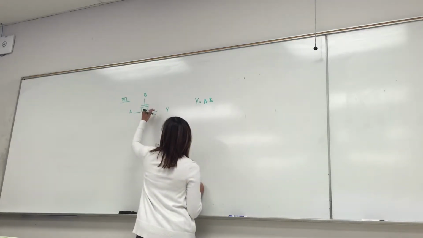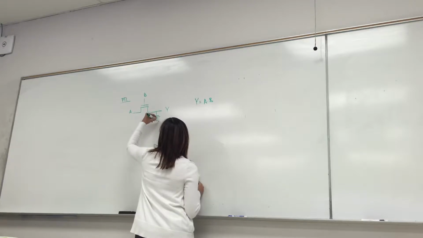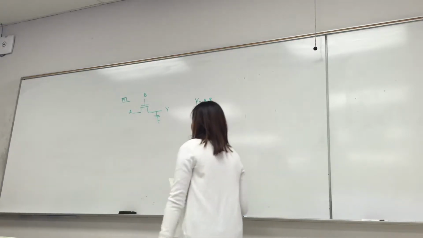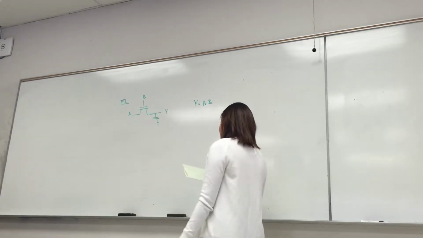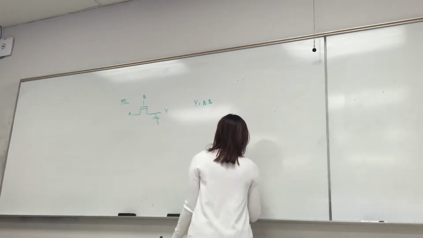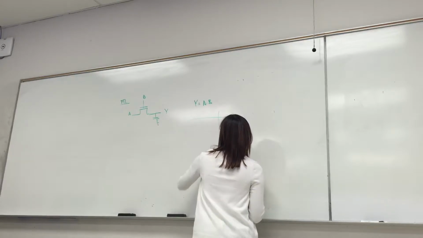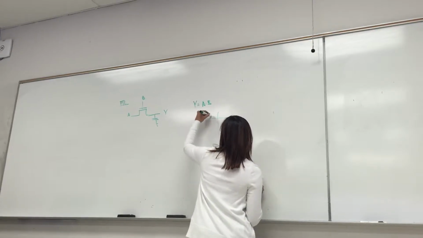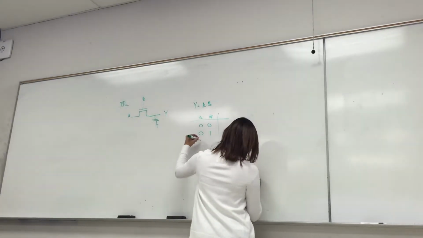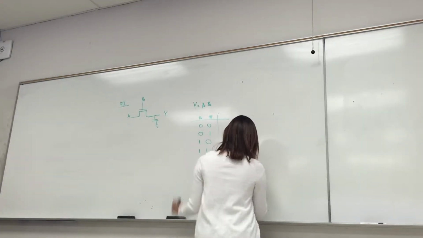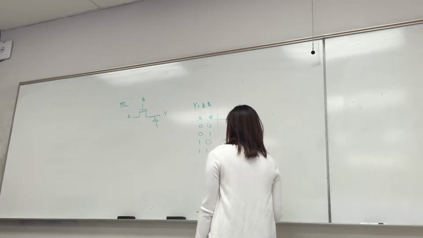I'm going to put a capacitor here to store that charge. So we can see that A, once B is steady. All right? So what we notice is ideally our truth table should be